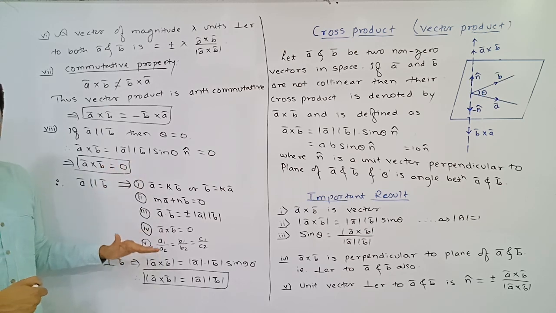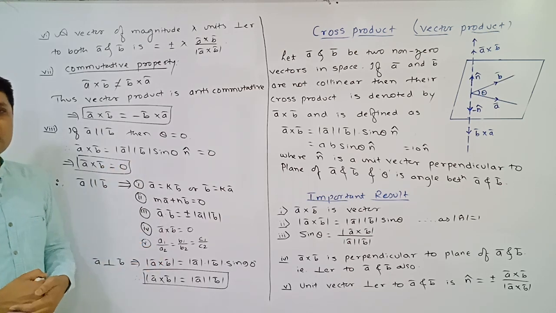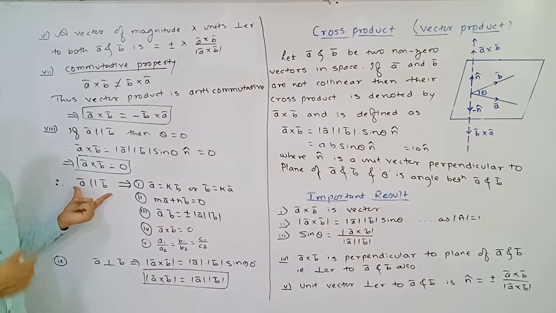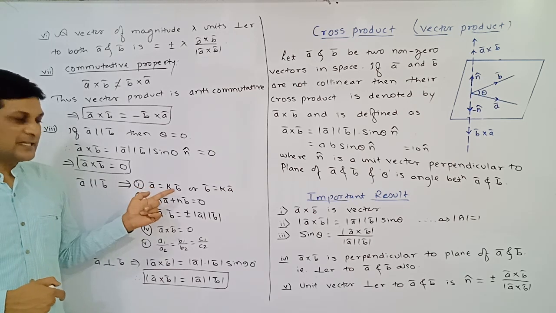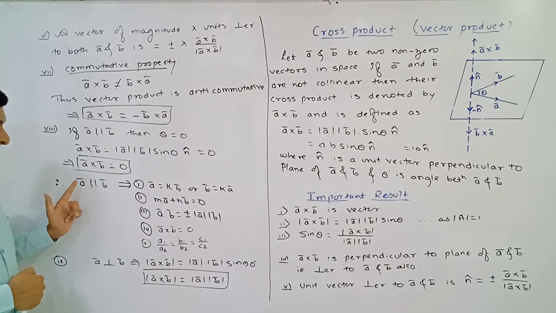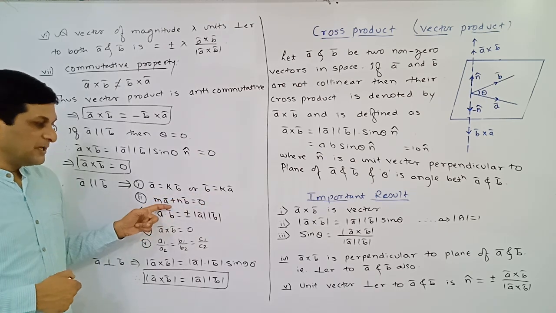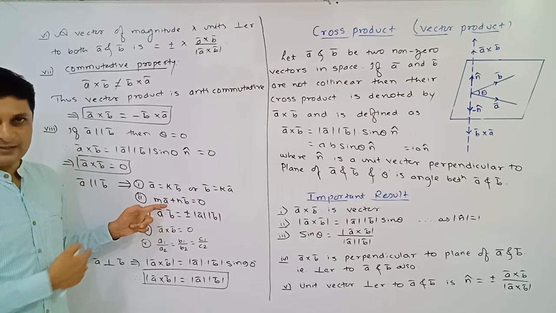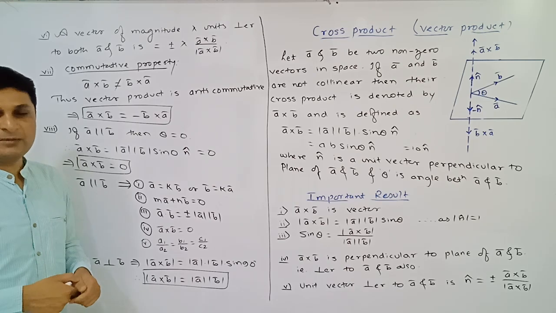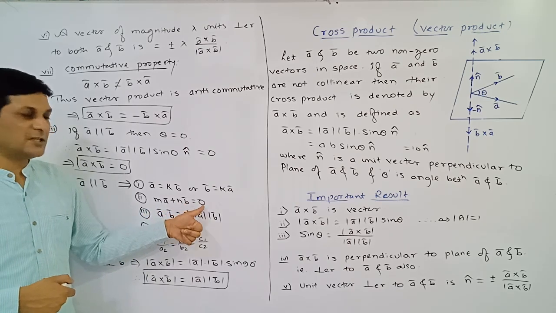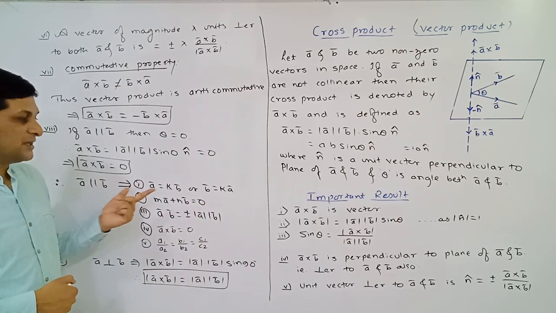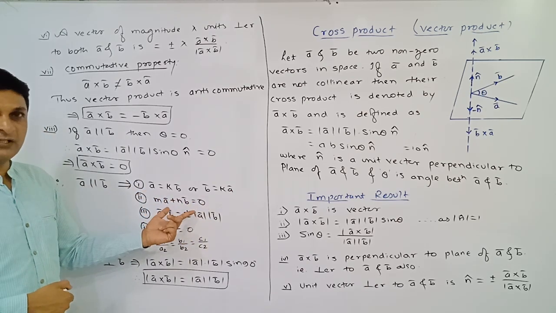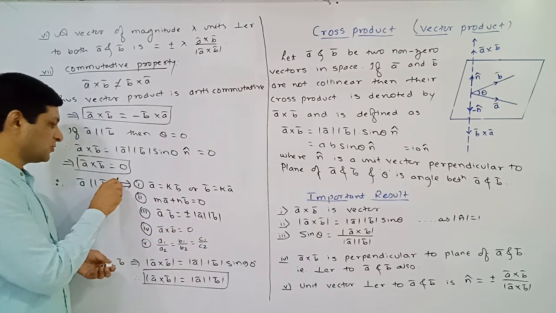Again let us revise all the conditions which we have studied in case of collinear vectors. If a bar and b bar are parallel, parallel means what? Collinear. At that time already we know that one vector can be expressed as a scalar multiple of another. Means either a bar is a scalar multiple of b bar or b bar is a scalar multiple of a bar. In case of linear combination, we have proved the second condition. This condition we have proved in one theorem, that if m a bar plus n b bar is equal to 0, at that time two vectors are what? Collinear. Or if two vectors are collinear, then this linear combination is 0, or if this linear combination is 0, then two vectors are collinear.